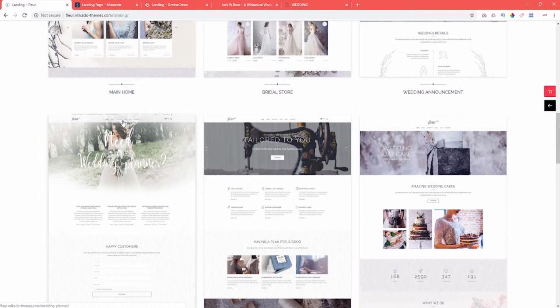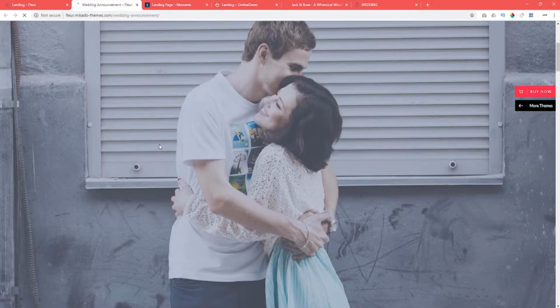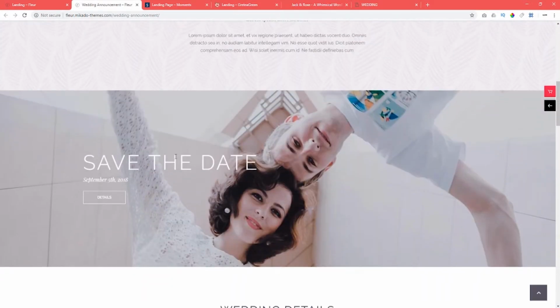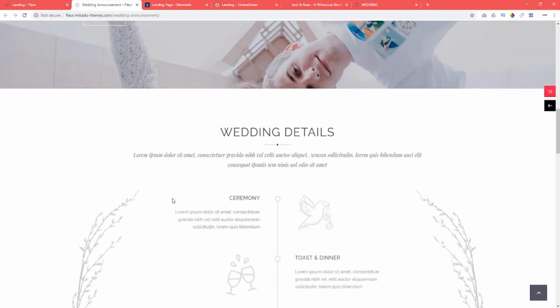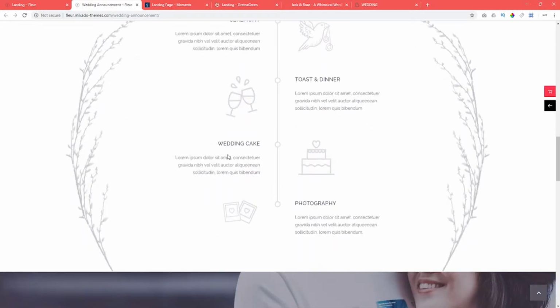So the first thing we're going to check out right now is this beautiful wedding announcement page. Okay, as you can see, you can post a full width image here of your choice of you and your fiancé. You can tell your story, how you fell in love, and there is the first important information that everyone needs, and that is the save the date of your wedding, with some details if you want. And also you can showcase details in this beautiful section right here where you can write in detail about your ceremony, when the toast and dinner is going to take place, what the wedding cake is going to be like,